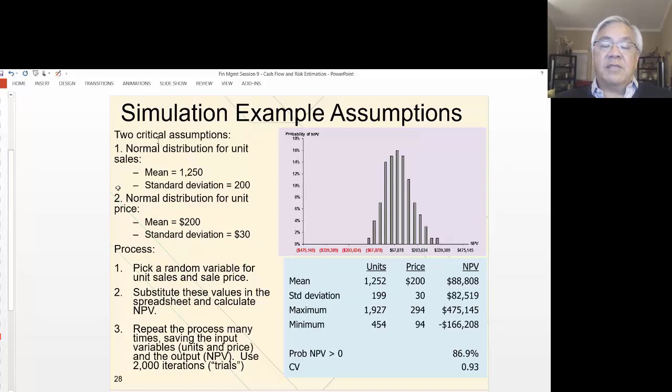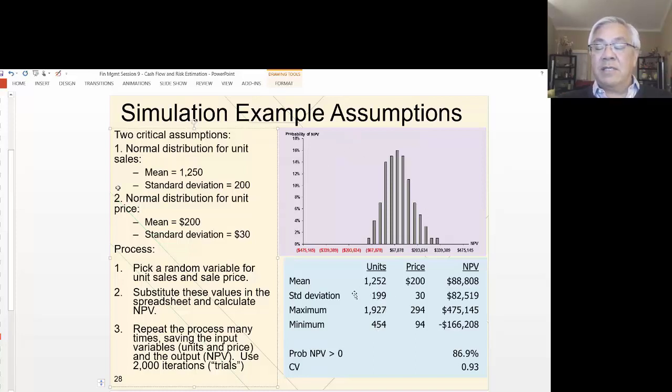Let's say we had 2 critical assumptions. So one is unit sales and the other is unit price, where we have a mean of 1250 sold and a standard deviation of 200. Again, we take one critical assumption, identify it, set the mean, and set the standard deviation. Then we take a second one, in this case unit price, and we have a mean of 200 and a standard deviation of $30. Then what we do is we run 10,000 or so iterations against the distributions that we derived here and say for each of these combinations that were for these 10,000 runs, what is the distribution of